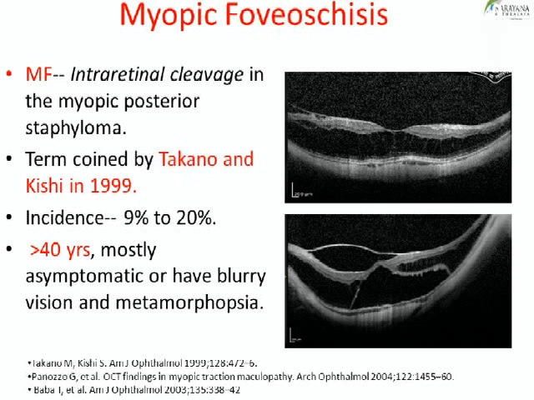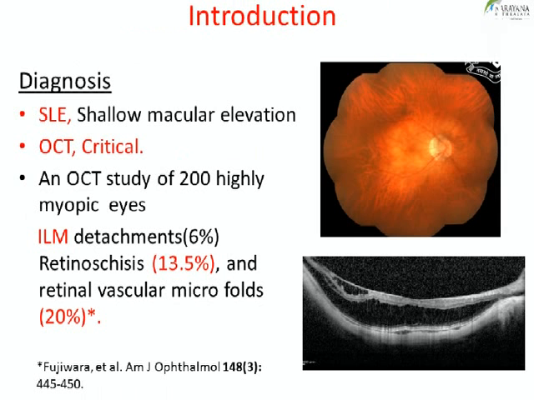So here you can see the hyperreflective spaces, and you can see some columns that are interspersed between here, and this could be ILM, it could be ERM. So these are known as premacular structures, and you can see a foveal detachment. So this is how myopic foveosis looks on SDOCT. On slit lamp you may just see a tessellated fundus with a posterior staphyloma. It's difficult to really pick up foveosis on slit lamp.